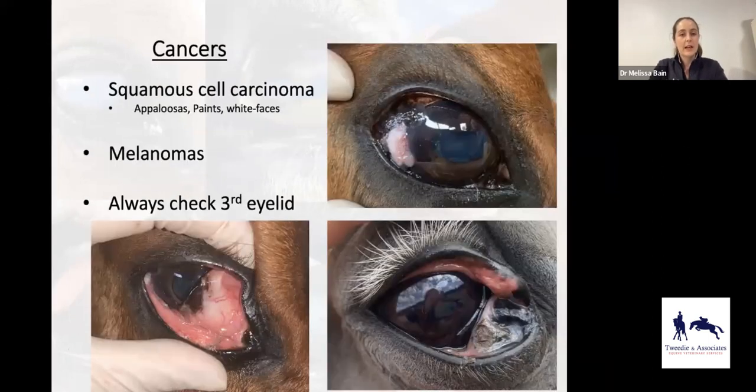Some other things we can get are cancers of the eye that can present similar to ulcers. So in this top right picture here, we can see this abnormal tissue on the corner of the eye. This was a presumptive squamous cell carcinoma. This is fairly prevalent in all breeds, but in particular, the Appaloosas and paint horses with white faces and with chronic long-term UV exposure can be more susceptible. So putting UV masks on those white-faced horses can be really important. With these,